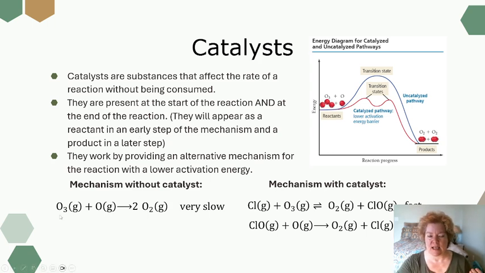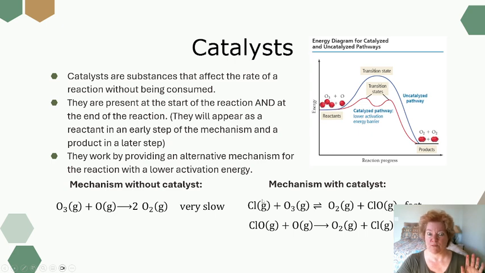So in this case, I have no catalyst. I have oxygen, ozone plus atomic oxygen makes two O2 molecules. And this is a very slow process. But look what happens if this catalyst chlorine, or it's a monatomic chlorine, reacts with ozone. And by the way, we think that this happens up in the upper atmosphere. So this is one of those ozone depleting reactions, that this